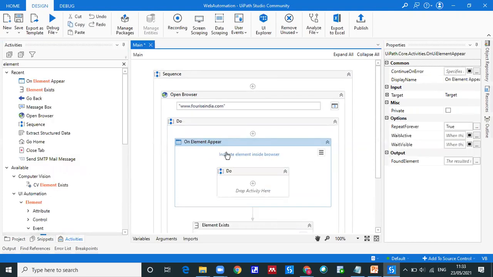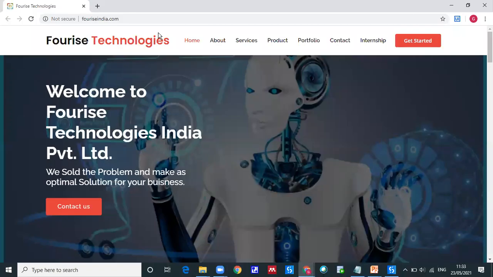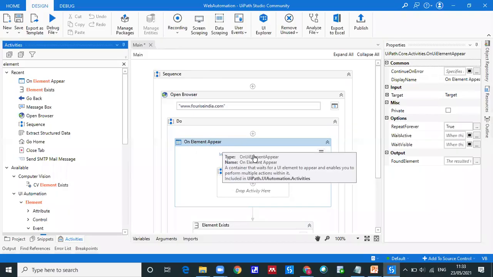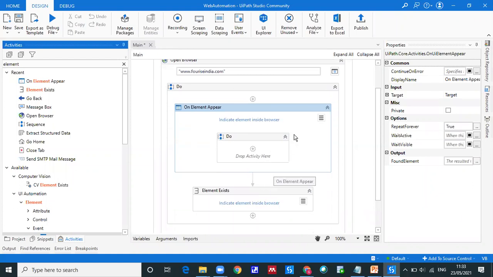You can use this. So if you want to take some action after one of the elements of this website appears, like I want to click on this internship, or I want to click on another option. When you are going to click, there is a dependency, the 4ice technology element should appear, then only I will click on any tab. So in that case, there is an activity called on element appear. You're supposed to click on that particular element, it will wait for loading, and after that it is going to take some action. Getting my point?